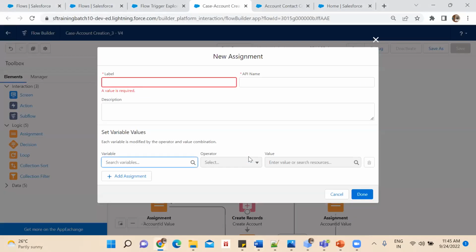Okay. Let us take an example. I want that employee name should be Raghav. How can I do this? I can do this using the assignment element that is available. Okay. Don't worry. I'm just telling the theoretical part. When we go ahead into the upcoming sessions, I will show the practical implementation of it.